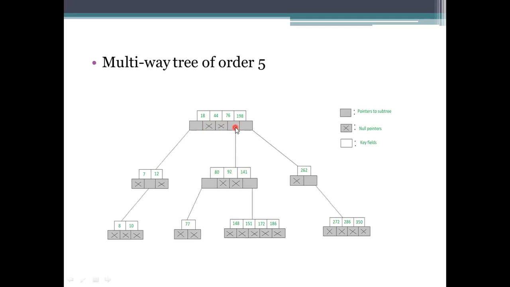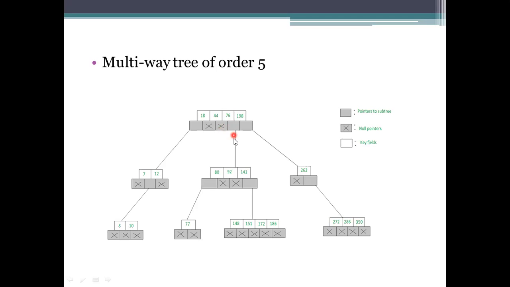If an element is greater than or less than what we are presenting there, it is considered as a child of that node. You need to mark the correct pointer or the correct subtree here. So we can't easily mark at any one. If you are pointing this one to this one, it is specified as less than 76 because it lies on the left side of the node 76.